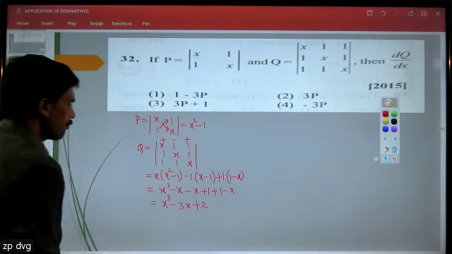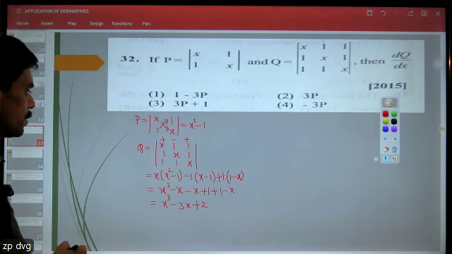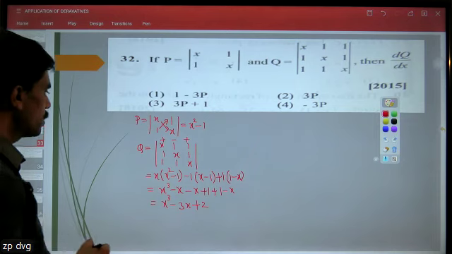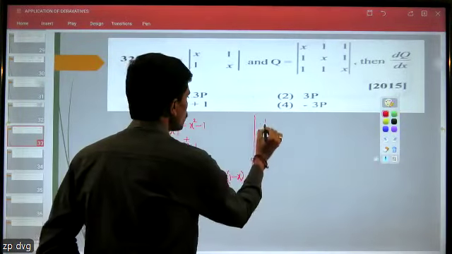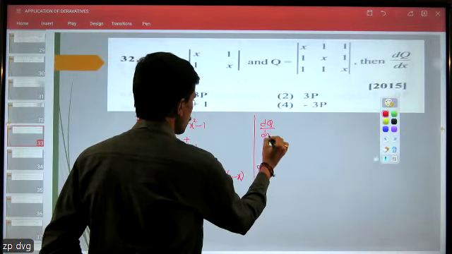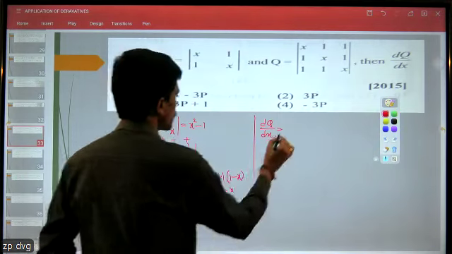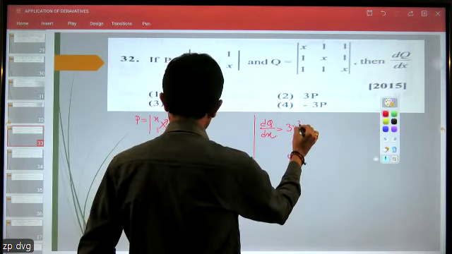Differentiate this function with respect to x. Differentiate Q with respect to x, we get dQ by dx equal to 3x square